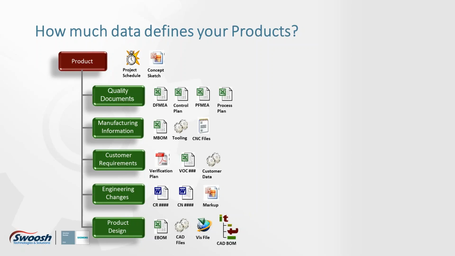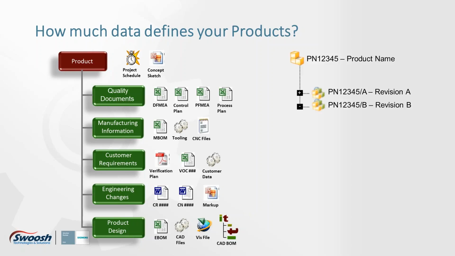You could have your CAD model. If it's an assembly, you can probably have an EBOM. You have all these documents. So how does Teamcenter actually organize all these things? Well, Teamcenter is a product-centric database. So what Teamcenter does is it creates these containers. The top-level container is pretty much generic, and then you have some item revision containers. Teamcenter will grab all the data and appropriately sort it into each container that you deem necessary, or what comes out of the box at RapidStart automatically sorts the necessary data to go into each one of the containers.